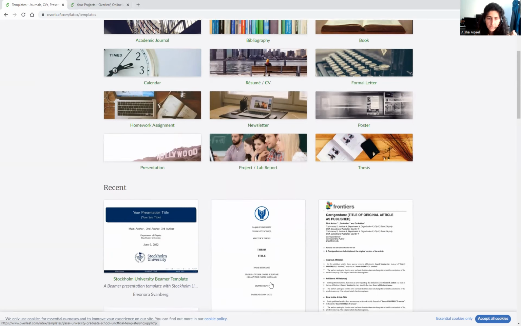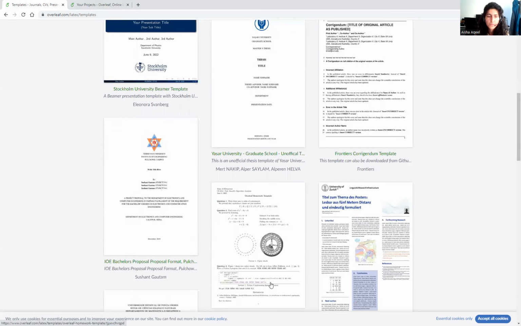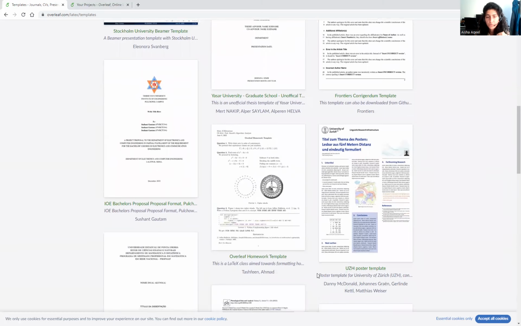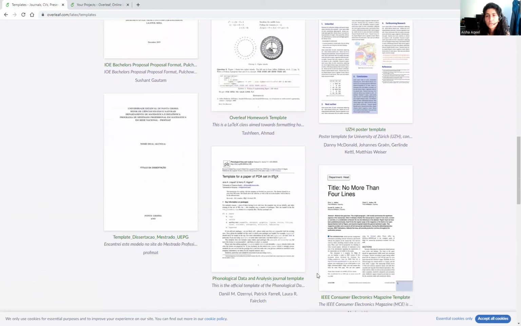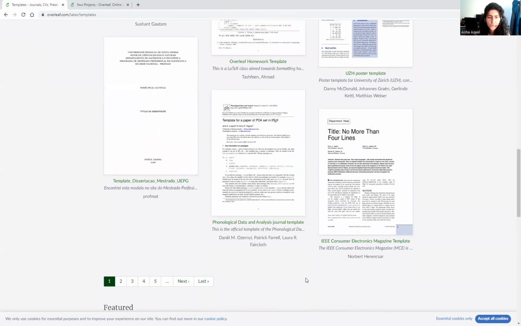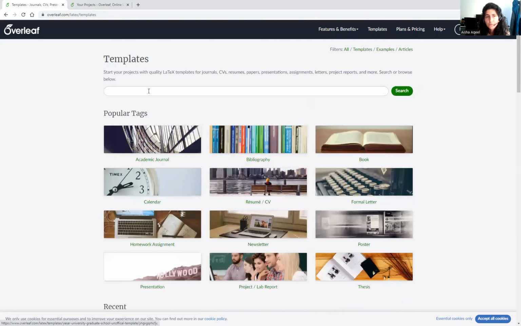They can immediately start writing, and I think it's very nice to start playing with these tools and start understanding them. Even in bachelors people write with it, and early on you can recommend your friends and fellows to start using these tools, because the more you use, the more you get used to it, and it's helpful. You can also search if you don't find your institute or a specific template, and then you can find it.